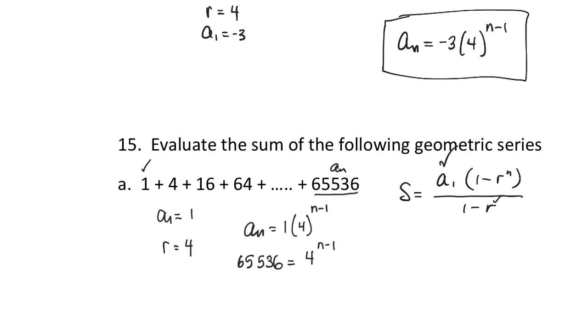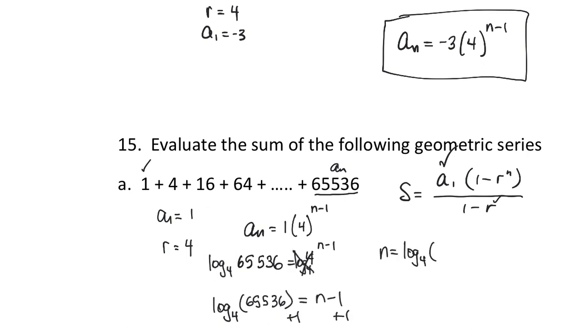I'm going to use a log base 4 here and a log base 4 there, because a log base 4 cancels the exponential base 4. So we have now this equation to solve. So if we add 1, n is log base 4 of